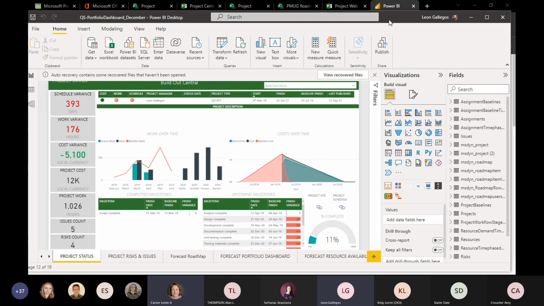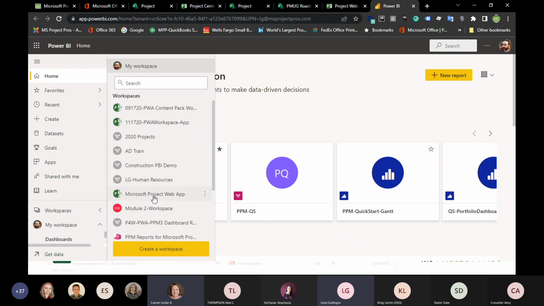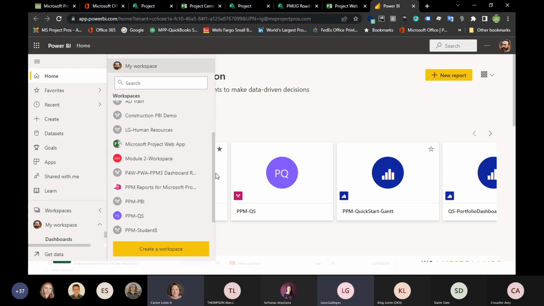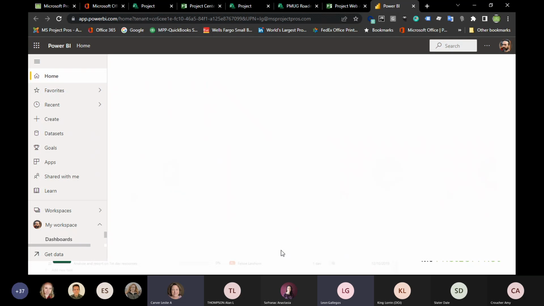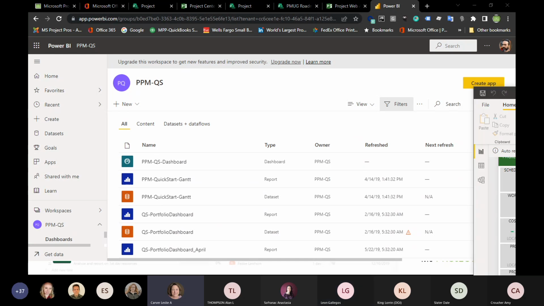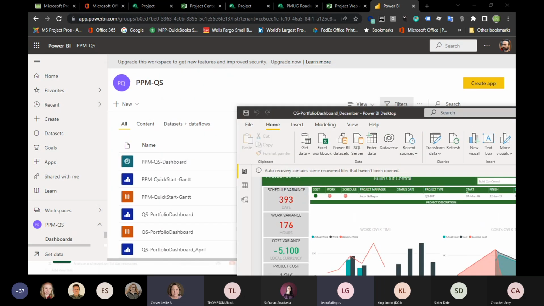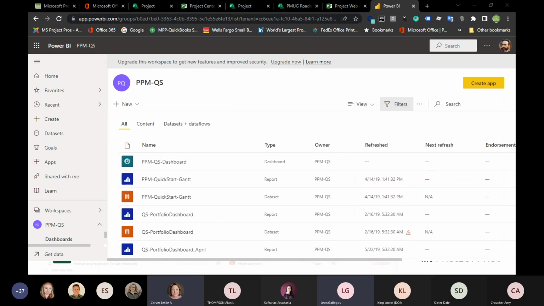So when I publish this, what I'm doing is publishing it back to these dashboards. I'm publishing them into this workspace, or these workspaces, because there are multiple ones I can work with, right? We'll find one of these in here. There's that QS for quick start. So this happens to be a quick start workspace where these dashboards that we're just looking at get published into. Okay, so that's the whole Power BI desktop to the service connectivity that's going on there.